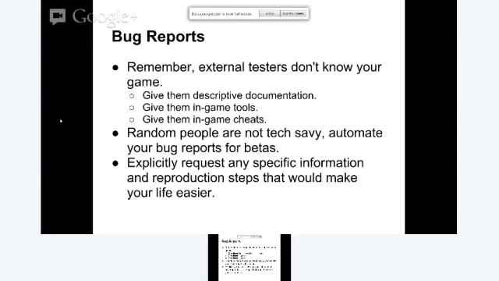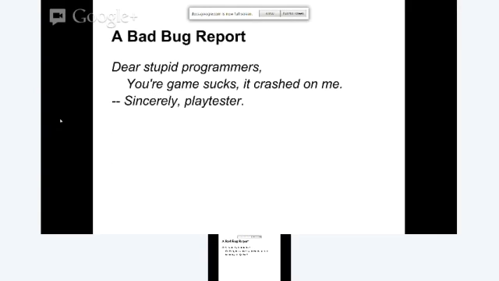Give them any in-game tools, any in-game cheats, anything that will help your life when they try to give you information about what's wrong with your game. And people aren't, in general, very tech savvy compared to you as a programmer for your game. So it's important to automate as much of this information gathering as you can, and as much of the bug reporting as you can, and walk everyone through getting you all the information that you need,